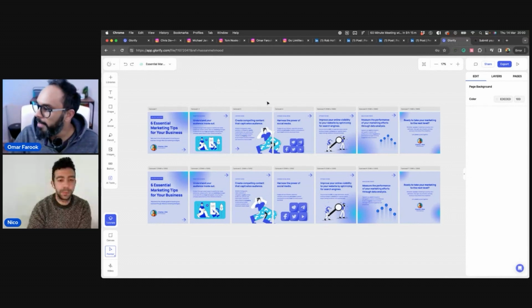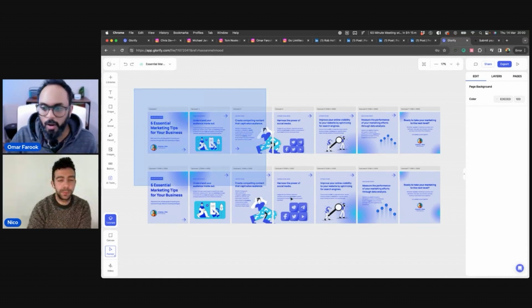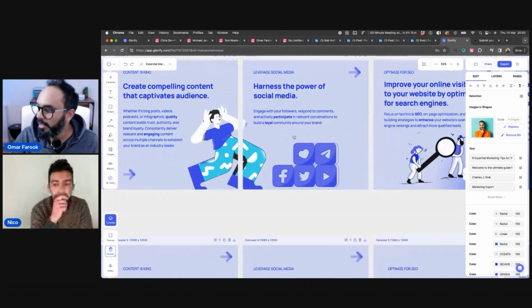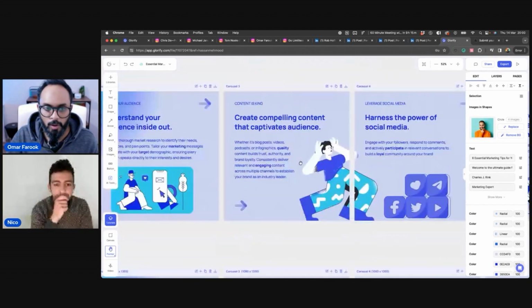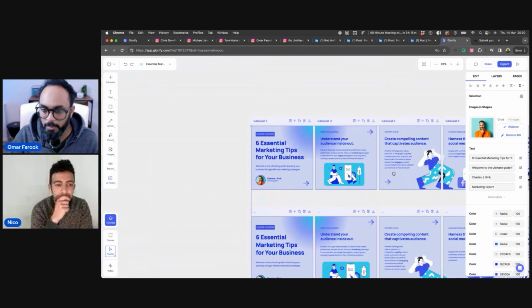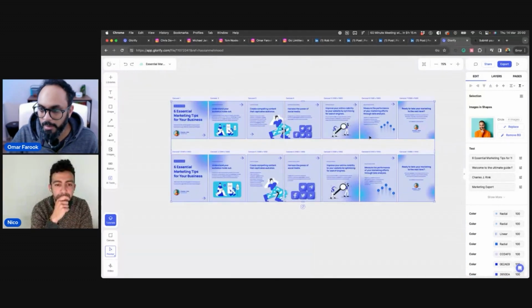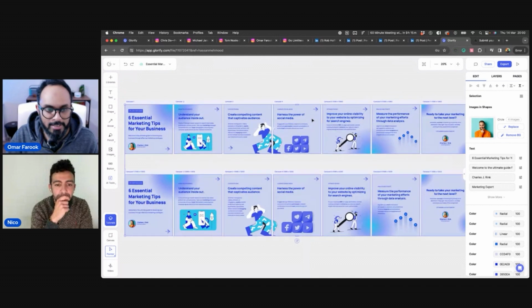So this is batch editing. If I select all these templates, right? I zoom in. Look at that. All these templates are there. I'm going to now edit them all at once. And let's say we want to edit